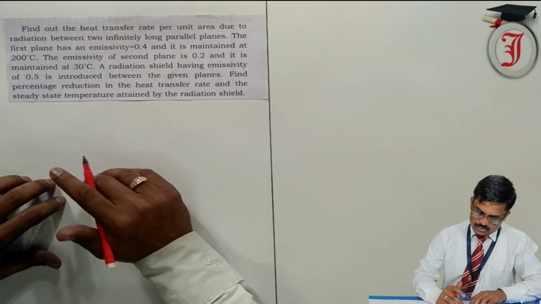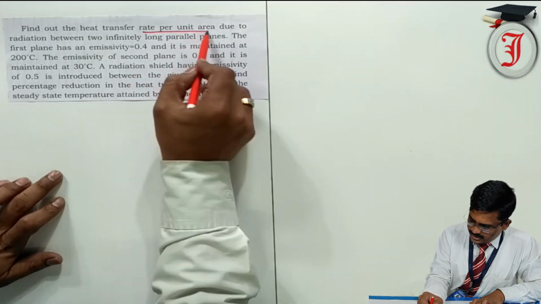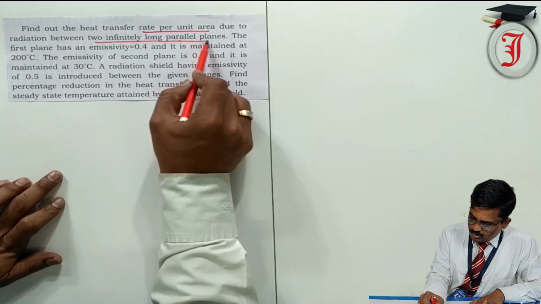In this video we will see some numericals on radiation shield. So the first numerical is: find out the heat transfer rate per unit area due to radiation between two infinitely long parallel